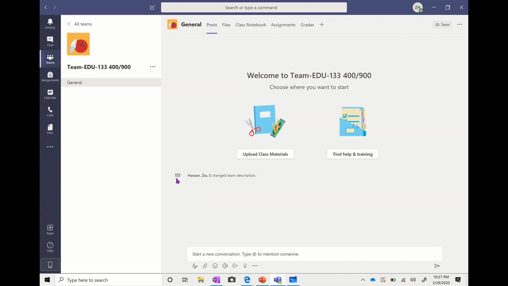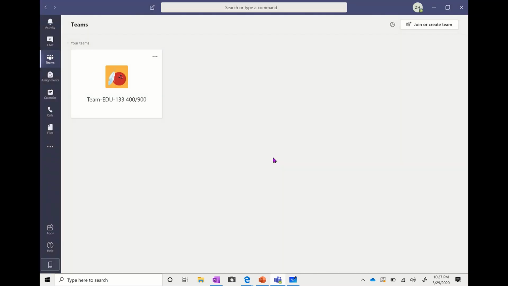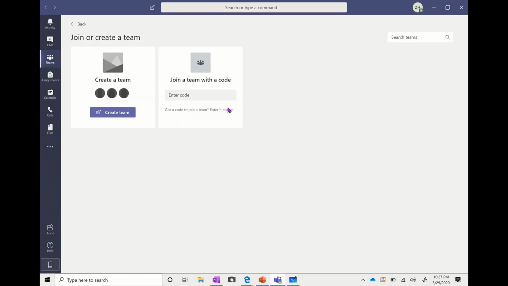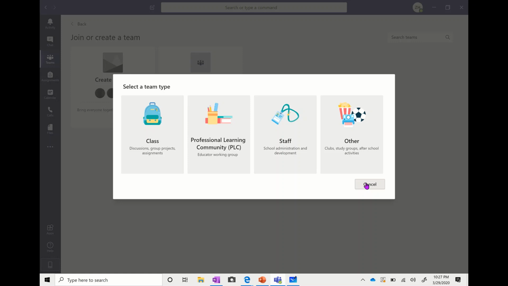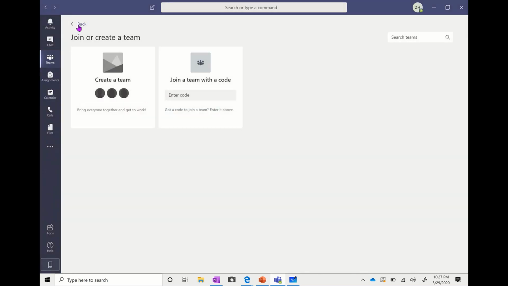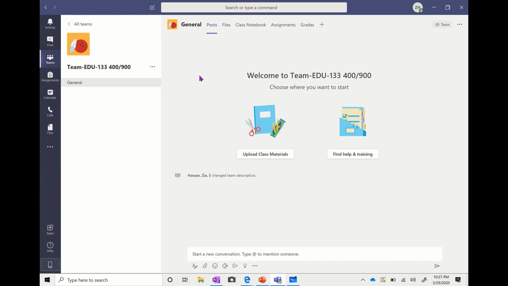So this tutorial, or, I don't even know what to call this, a think-through video, assumes that you know already how to create a team in Microsoft Teams by clicking on the Join or Create Teams button and clicking on Create Team, and then clicking on the class team and creating a class. Now when you do that, and that's what I've done here, I haven't added any students yet to this class,